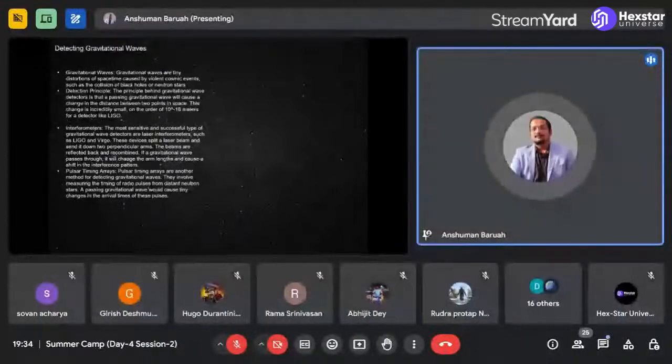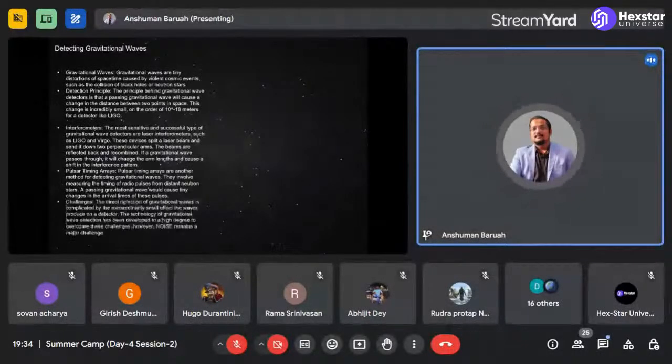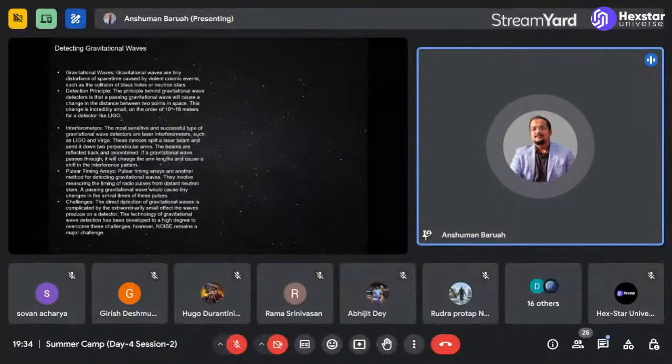So one of the big challenges in gravitational wave detection is the presence of noise. By noise, I mean disturbances in the signal that can hamper the result that you're trying to observe. The figure you see here explains the very basic schematic of the laser interferometric gravitational wave detectors that we use.